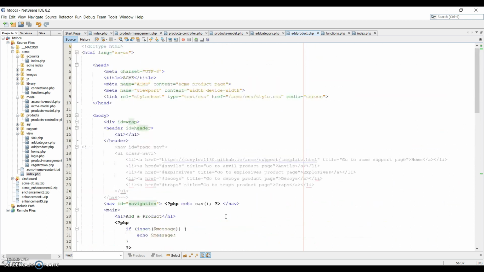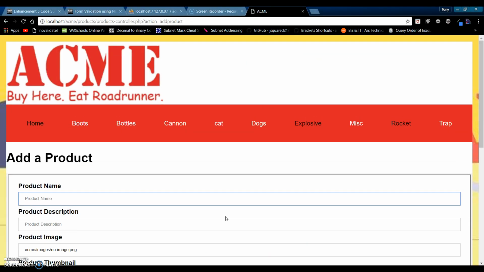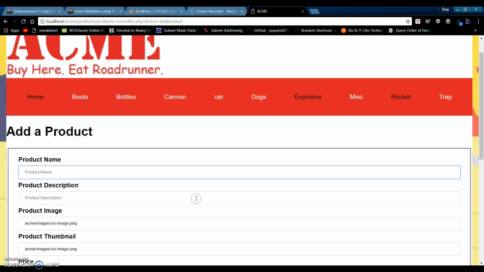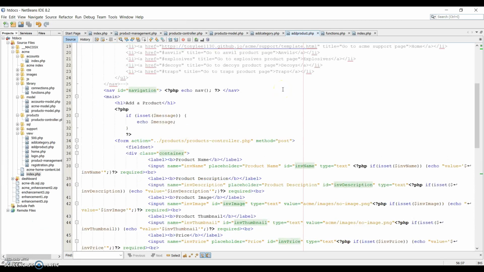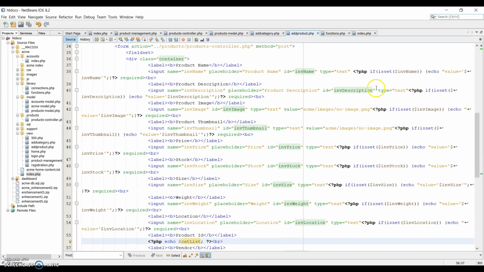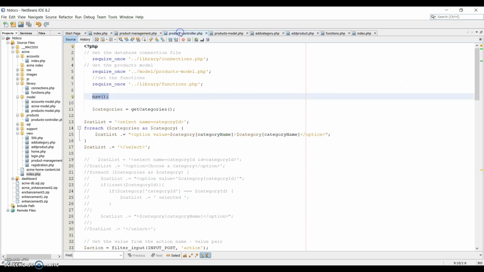So that is this week's enhancement. Obviously, there's still a lot to improve on, still a lot to fix. But coding wise, I believe I understand how it works. So thank you, and hopefully this will